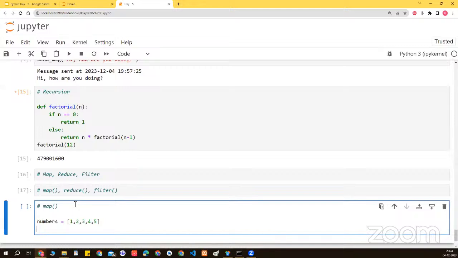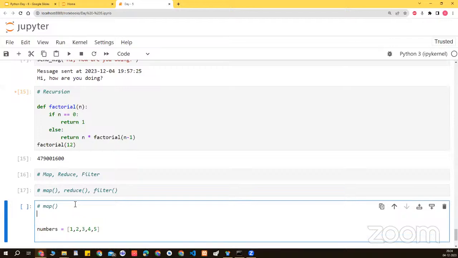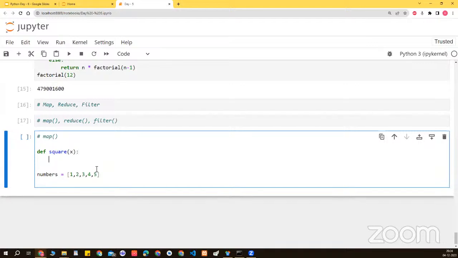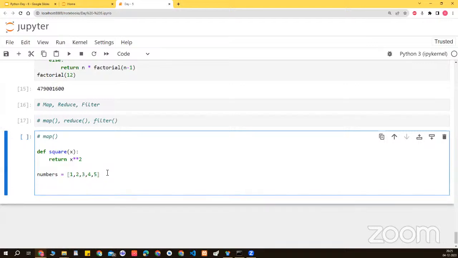Okay. So how do we do it? Just define your function. What is the function that you want? I'll call it square. Okay. And pass a value into it. And how do I return the square of it? Return x with two asterisks and then just pass 2. Okay. So this gives x squared. Okay. So that is what this function is going to do. And with the help of the map function,